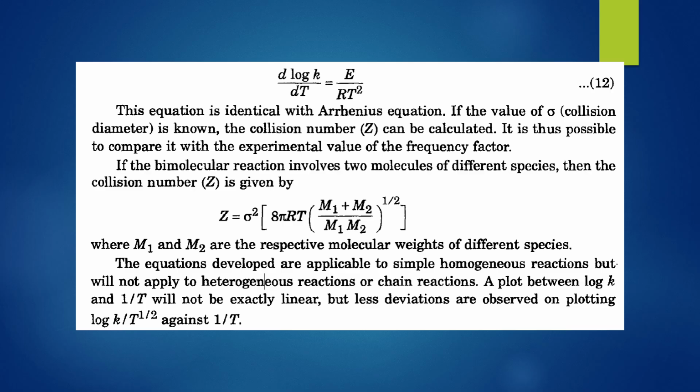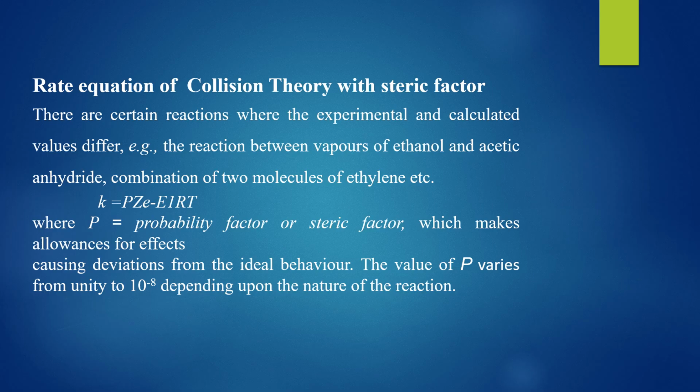taken for the reaction. It was found that in certain reactions the experimental and calculated values of k differ to a certain extent. In these cases, the values were not the same as proposed by collision theory. For example, the reaction between vapors of ethanol and acetic anhydride, and another example is the combination of two molecules of ethylene. In these cases the experimental results do not agree with the collision theory rate equation calculation. So, in order to overcome those